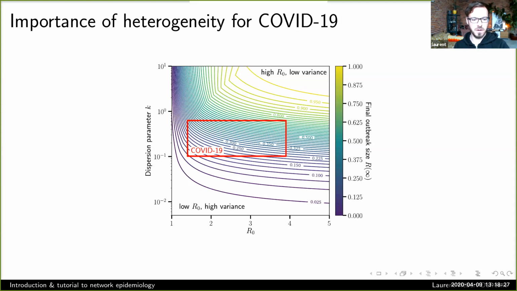Obviously, if your R naught is very low, you need a low variance to be able to spread. Whereas on the right side of the plot, you have really strong R naughts, something like measles. But let's say you have an R naught of 5. Once you're in those high R naught ranges, really all that matters is your dispersion, how much variance you have. So if COVID is strong enough to be close to 4, as a lot of people thought early on, then it really matters whether it's high variance or low variance. High variance means driven by super spreading events, so easier to manage, whereas low variance means everyone infects 4 people, and that's obviously the worst case scenario.